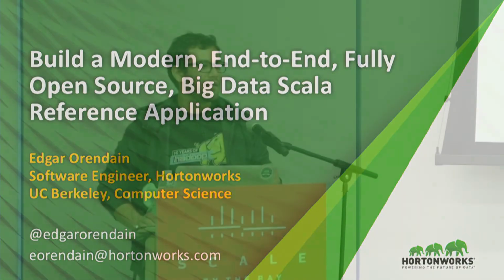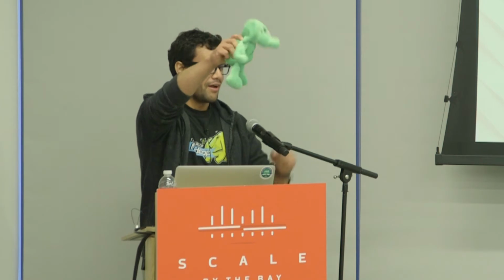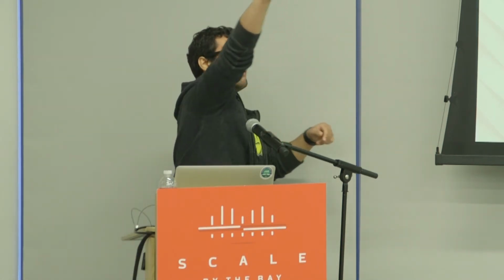Can anybody give me the name of an Apache project that is not Storm, Spark, NiFi, Kafka? Let's say the name of an Apache project that has to do with data storage. Apache Arrow. Sorry? Arrow. Yeah. Would you like a green Hadoop? Sure. All right. Oh, very nice. Okay, great.